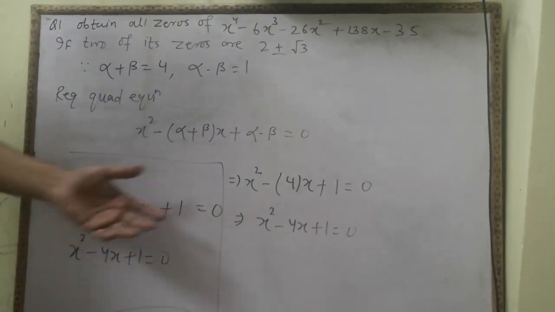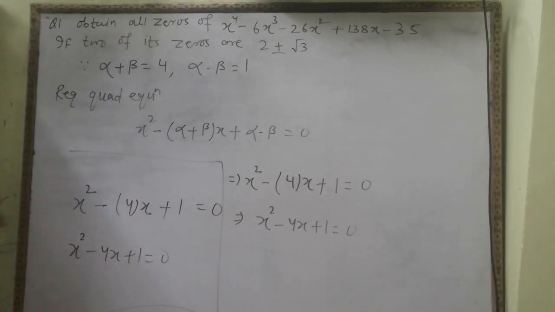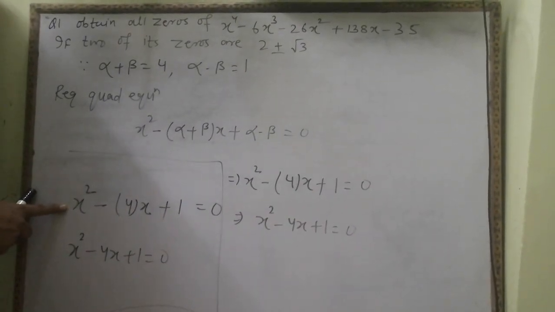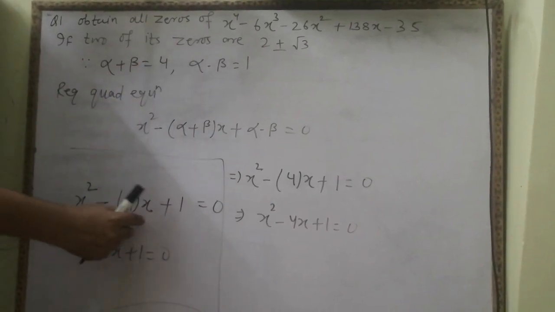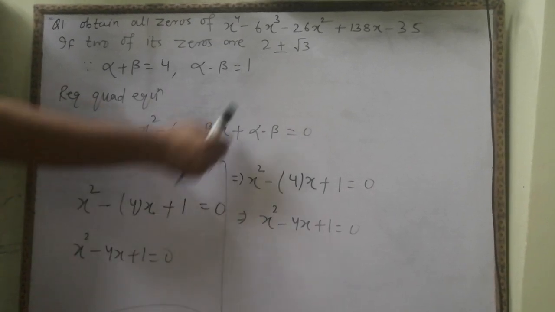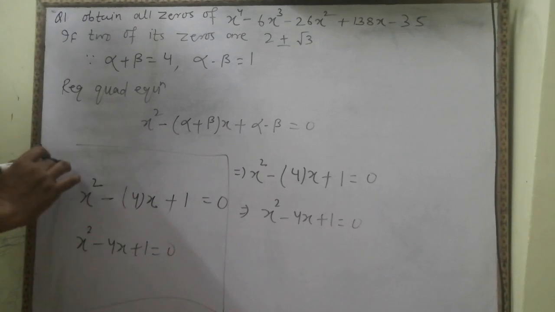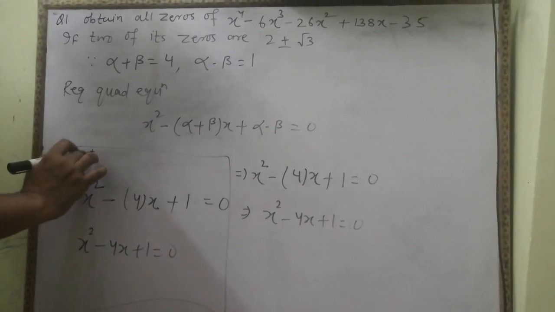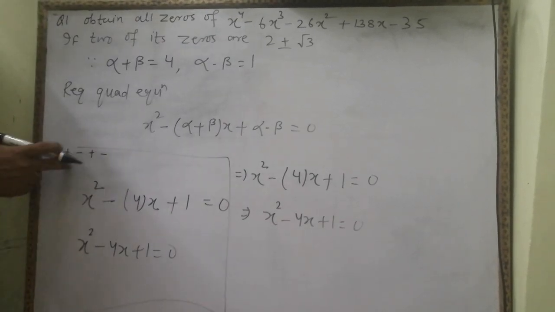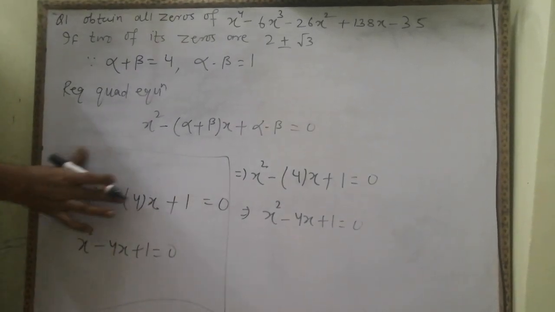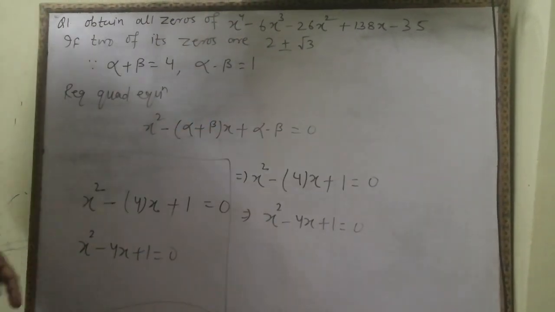Okay, so if you have forgotten this equation, no need to panic. Again I am repeating, just write x square, then minus, then the sum term with x, then plus, then the product term. The sign convention will always alternate plus and minus. So you can find it without knowing this equation.